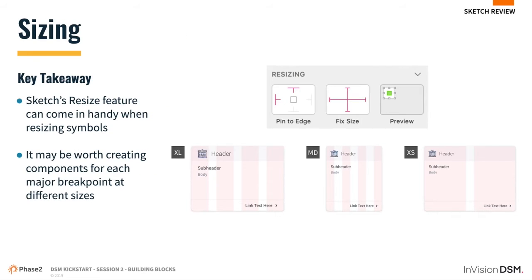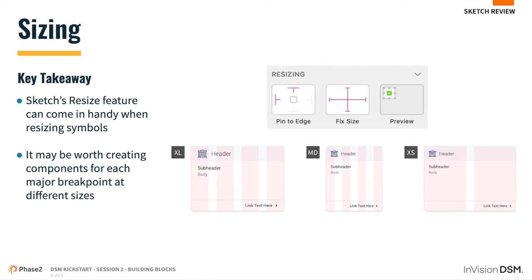And speaking of sizing, when resizing symbols, we recommend utilizing Sketch's built-in feature, Resize. For icons specifically, it's best to always set them to fixed size. Additionally, when you have elements that should stick to two particular sides of a component, the pin to edge feature works really well too. Although built-in features like Smart Layout and resizing can help in making responsive components, it is